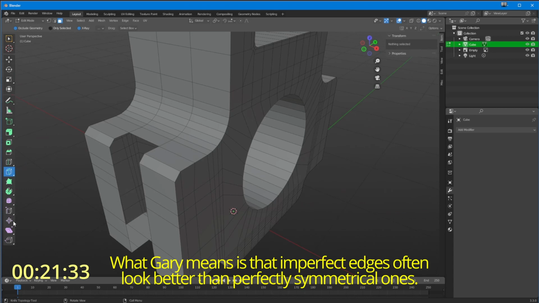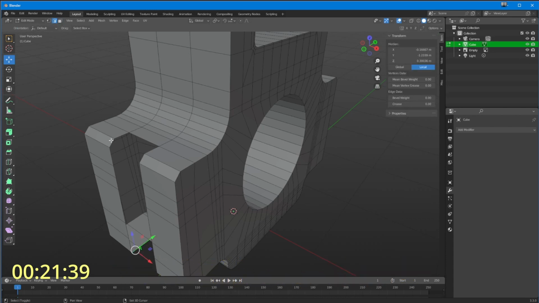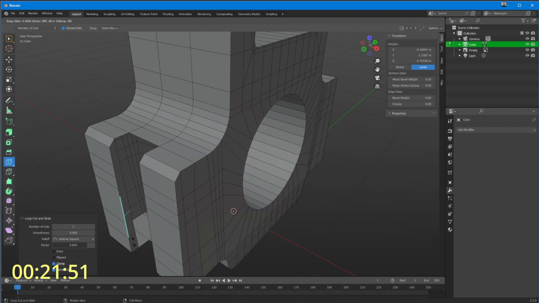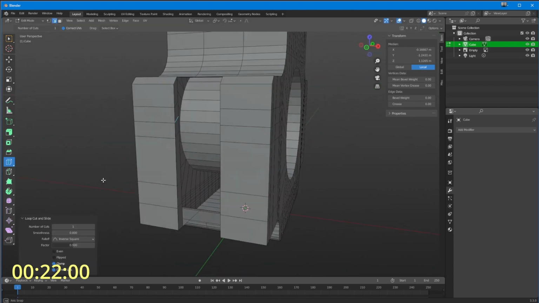And I am now going to, I'm not going to use the polybuild tool. I am going to select this edge and that edge, and I'm going to press F. And that's filled in that gap, but it's not giving me any divisions. So I'm now going to do edge loops down there, an edge loop there, edge loop there, and, oops, and then one there, and then one there, and